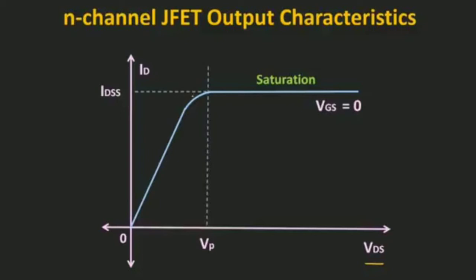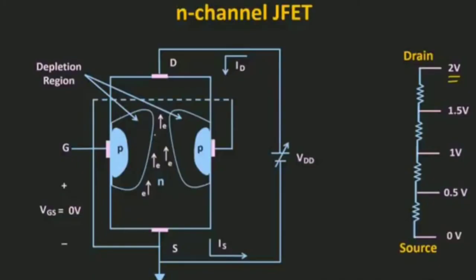And now if we increase the voltage VDS further, then at one particular voltage, the depletion regions will touch each other. So this condition is known as pinch-off, and the voltage at which this occurs is known as pinch-off voltage. Let's denote this pinch-off voltage as Vp. Whenever VDS is greater than or equal to Vp, the pinch-off condition will occur. So the name pinch-off suggests that once this condition occurs, the current ID should drop to 0, because now there is no path for the charge carriers to flow from this side to that side.